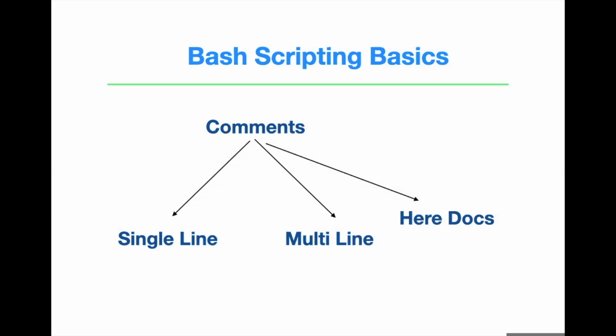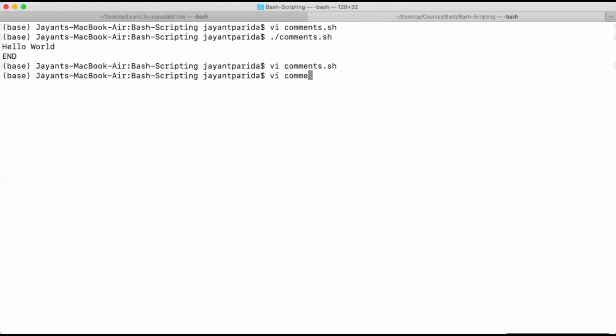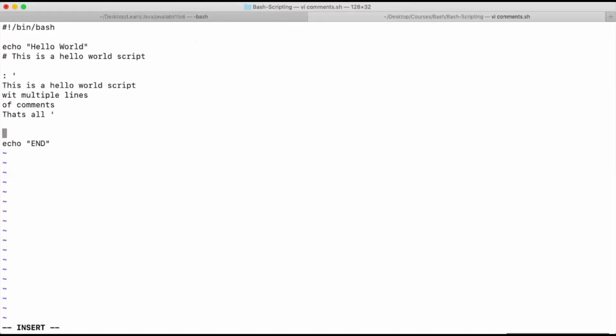So the last one in this topic is heredocs. What is the use of heredocs? Let's say you want to add some comments which you want to display on the output while executing the script. In that case, you can use heredocs. Switch to our terminal, open the same file comments.sh. To add heredocs, the statement would be cat <<delim, then add your text here, multiple lines of text,